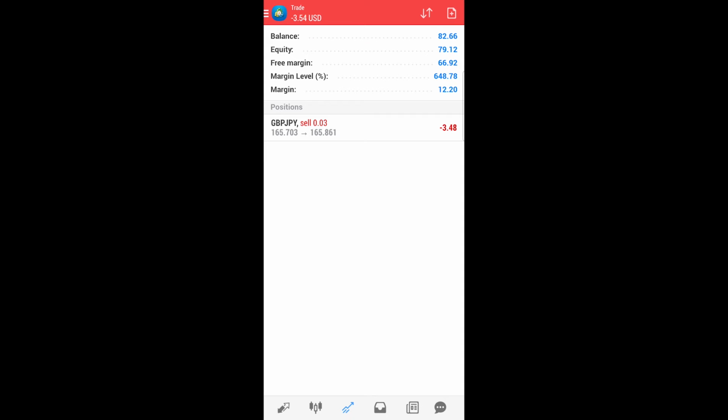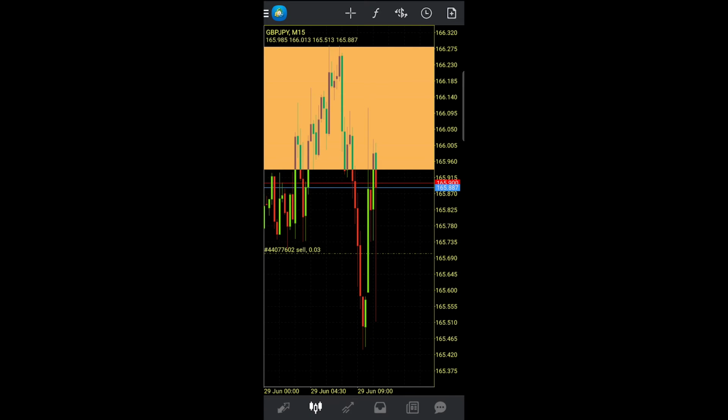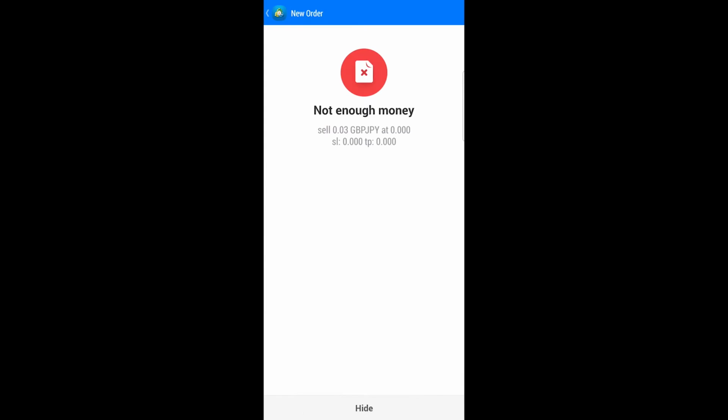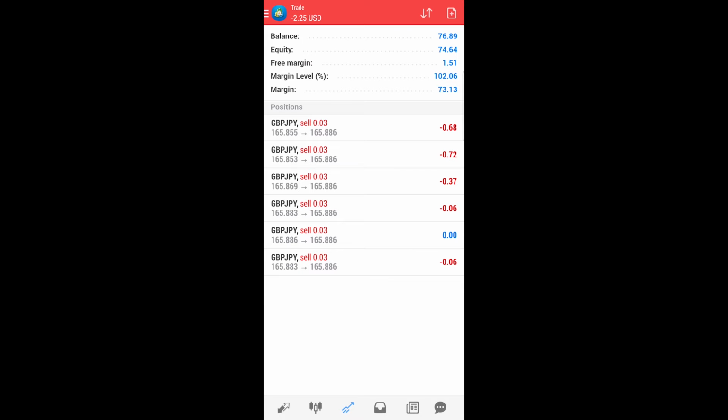The next setup is on pound yen. And this was kind of a tricky trade. My first entry into pound yen, some unexpected yen news popped out, and my first entry got slipped so bad that I just closed it out. But since price went back into the liquidity pool and got rejected, the setup was still valid, so I entered